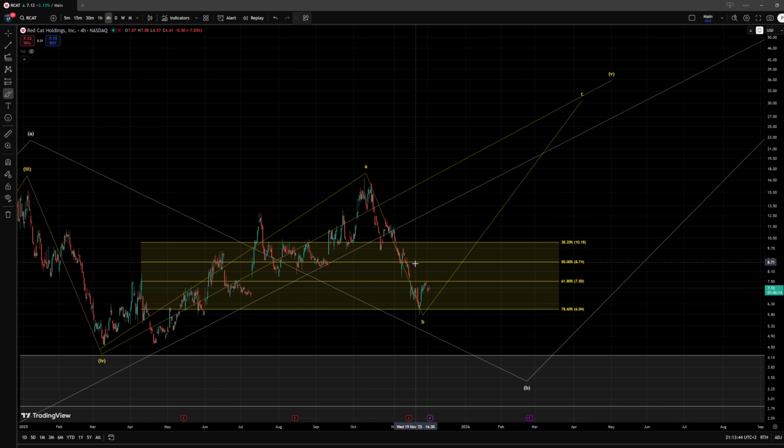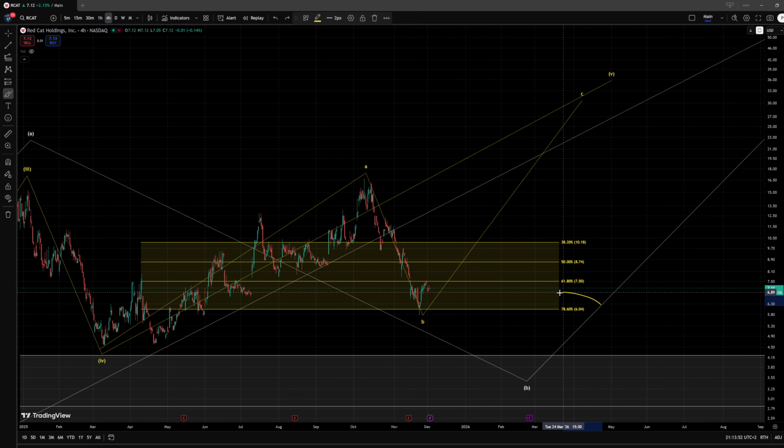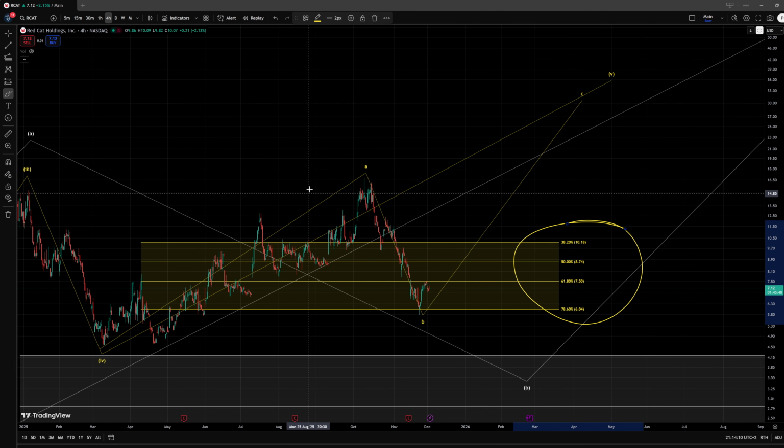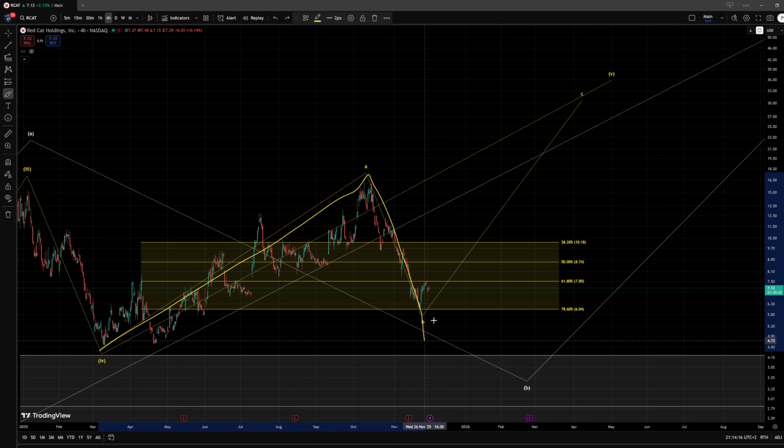So now we are still looking with high probabilities for a reversal to the upside in a wave C to new all-time highs. But if we are to break here below the 78.6% retracement, that would be quite a significant warning sign, because the high probabilities that we are tracking right now for this area of support would be discarded pretty much, and we would basically still have a valid interpretation of an ABC structure to form